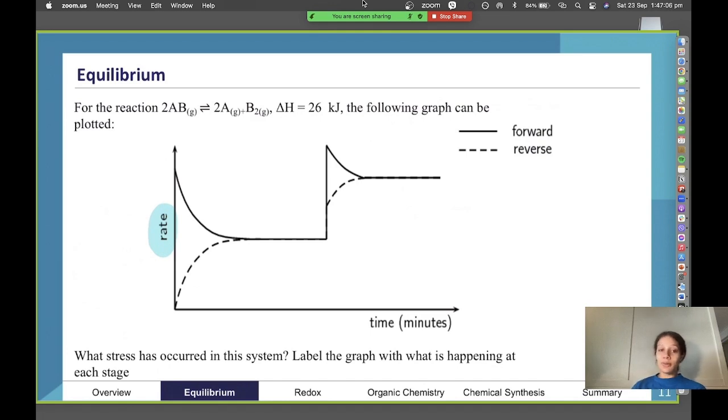And just in general with graphs in exams, always have a look at the x and y axis, because you never know what they could have put. You might confuse this one for a graph where we have time and concentration rather than time and rate of reaction. So have a consideration of this little graph here.